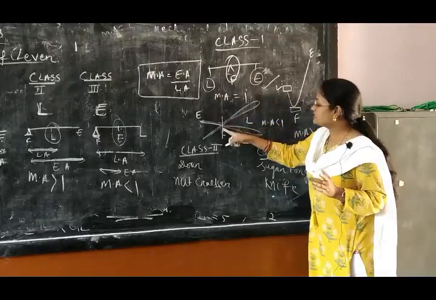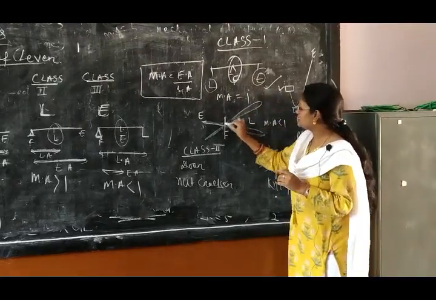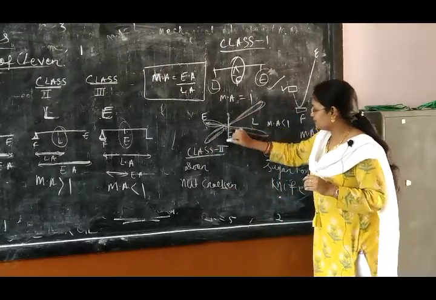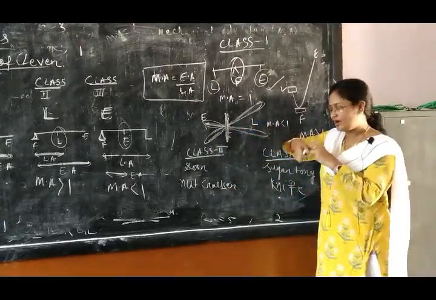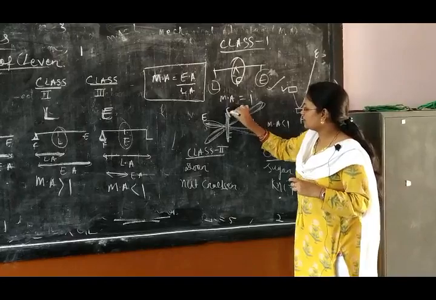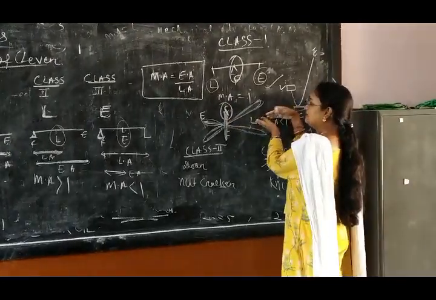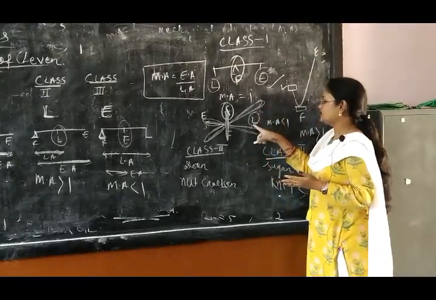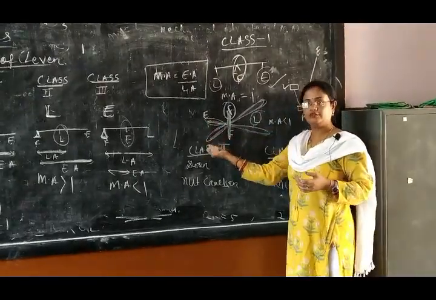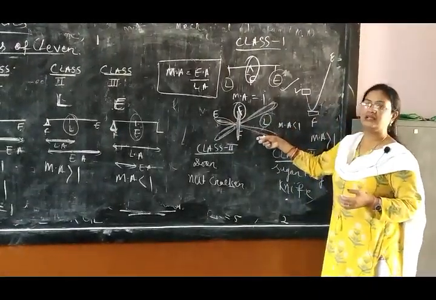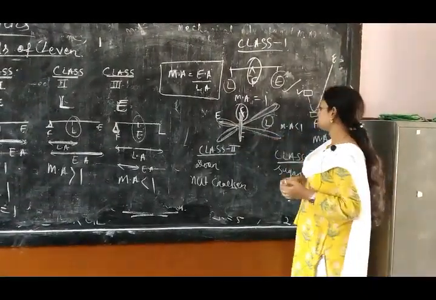And for the scissor, this is the long part and this one is the short part, and this is the axis, the point of rotation, and this is the fulcrum. The fulcrum is in the middle part, and on this side you can put any cloth, so this is the load, and on this side you are applying the force, so this is the effort. So this is also a class 1 lever.